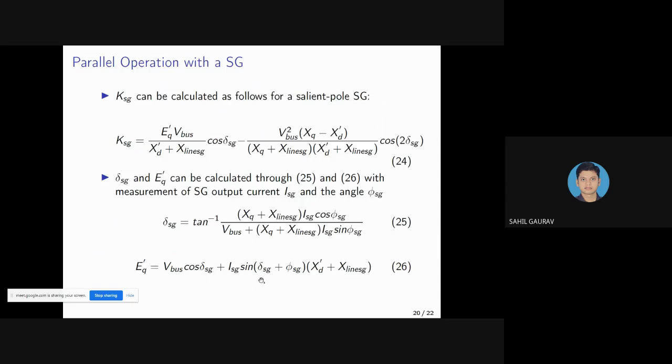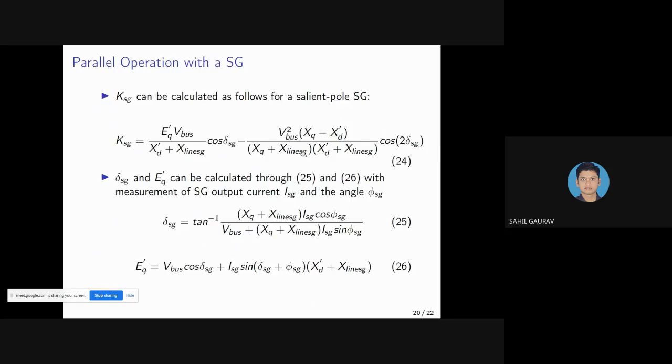And one very important thing is that for synchronous generator, loop gain KSG and damping factor DSG are not constant and are dependent on the power angle delta SG and SG impedance parameters. For damping factor calculation, I already showed the equation in the previous lecture, and the equation for calculating the KSG for a salient pole synchronous generator is given in equation number 24,